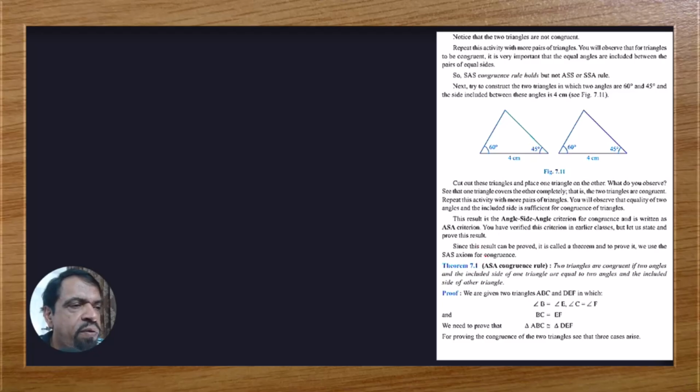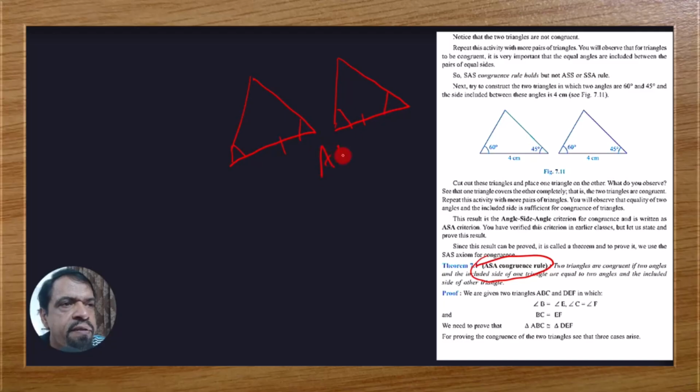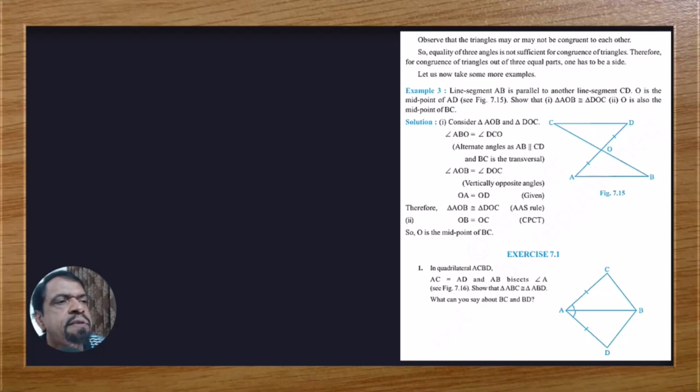Now the next congruency criterion is angle side angle. Angle, this angle in proper order, then the side, then again this angle: angle side angle. And another criterion is angle angle side. Two triangles have this angle, angle, then side: angle angle side. So these are congruent by